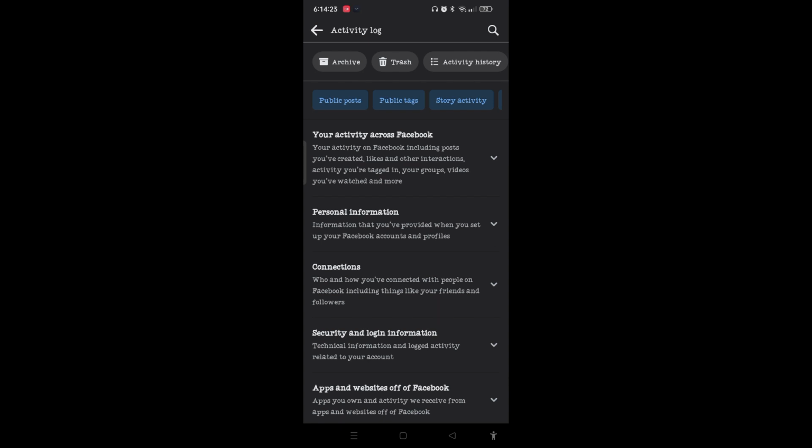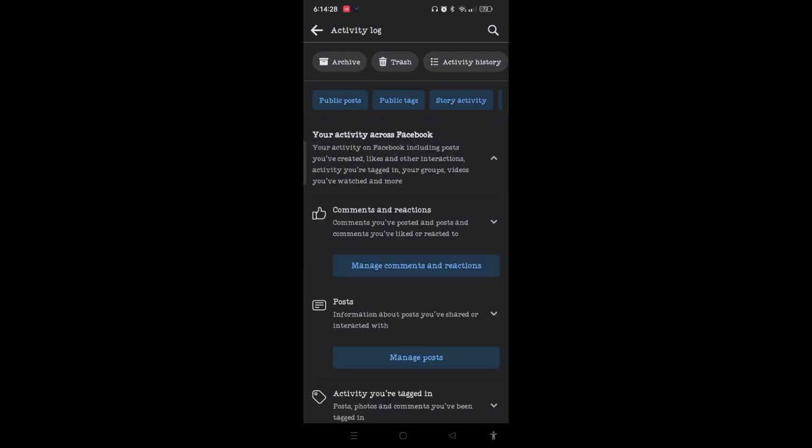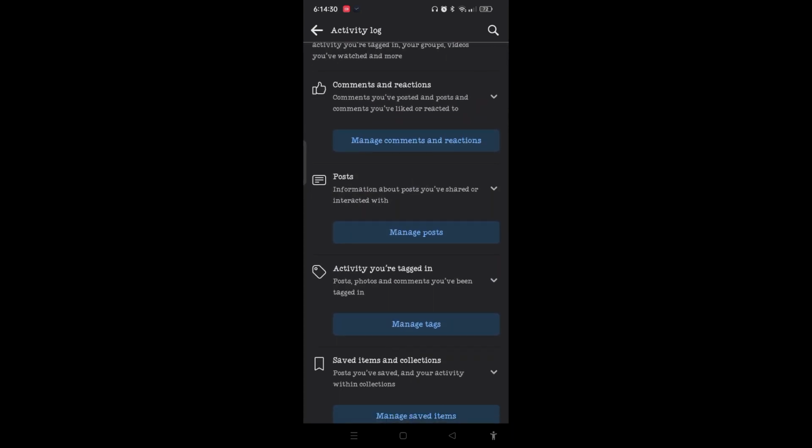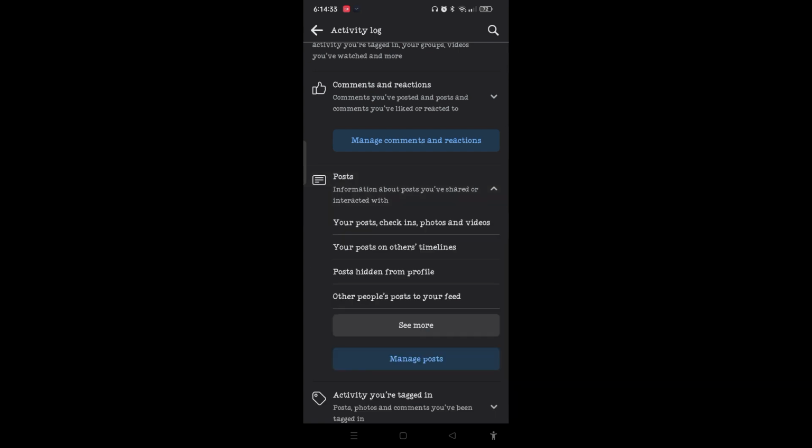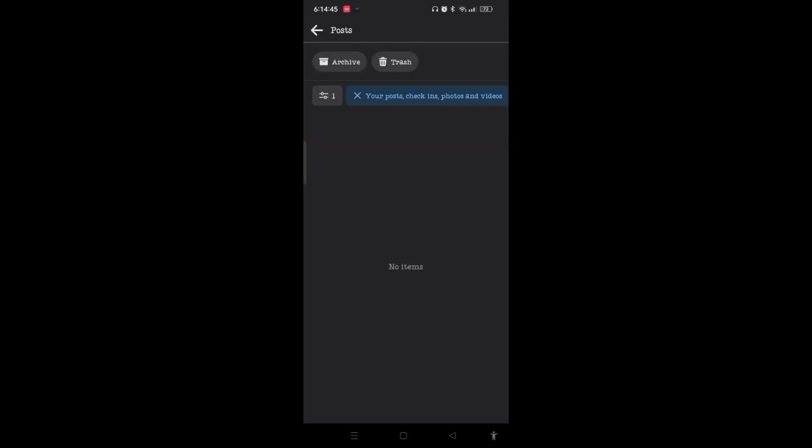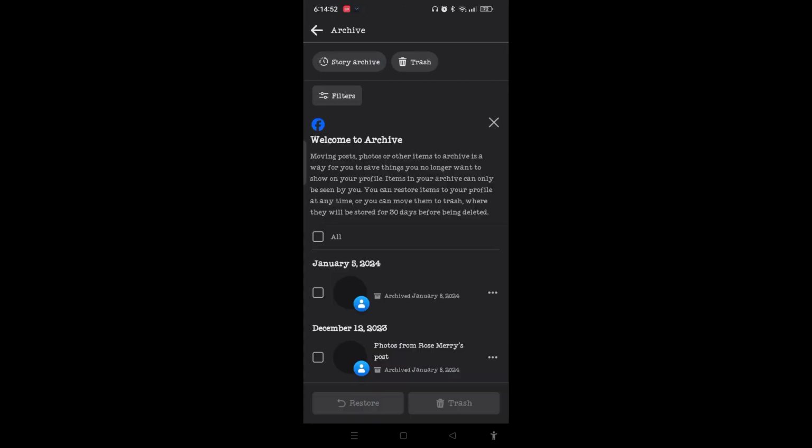Simply you need to tap on the small arrow-like option. So on this drop-down box, tap on Posts. Now again on this drop-down box, you need to select Your posts, check-ins, photos and videos. So here on this page, on the top left corner, you can see the Archive option. Simply tap on Archive. So on this archive page, you can see the posts that you have saved